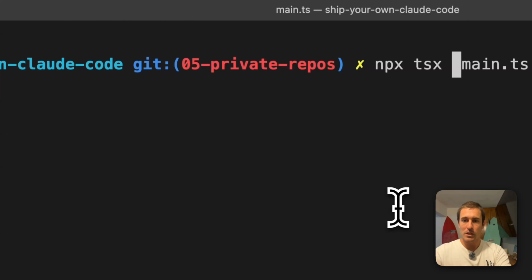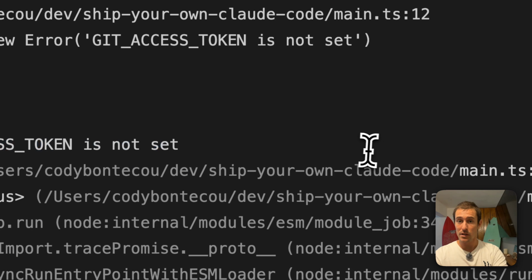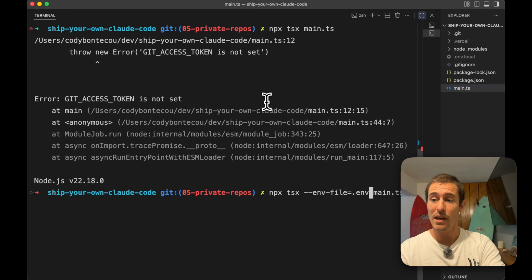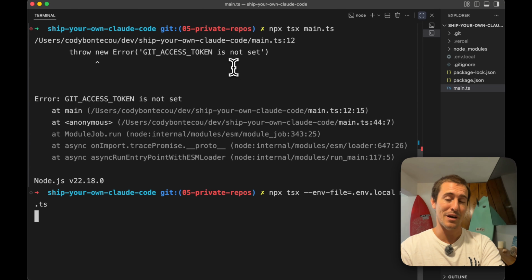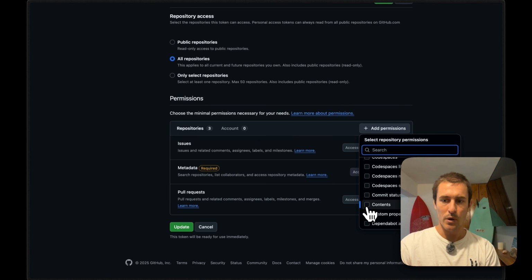Okay, well, I'm silly. I realize now that running this, it actually is not getting our env file. So with TSX, you actually have to add env file. So in this particular case, up until now, I've actually been running my global Anthropic key. Okay, so actually we're gonna need one more